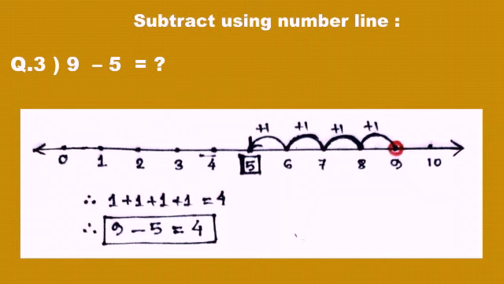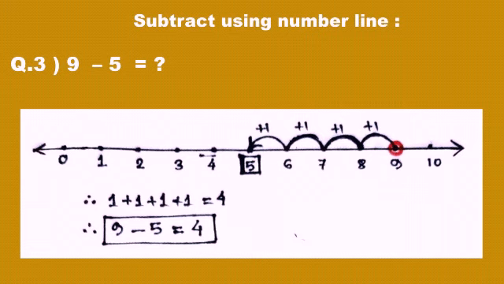Then, maintain the distance between two numbers that should be the same unit, means the same length. 0 to 1, whatever length that is, that will be followed for 1 to 2. So, the length between two numbers should be the same. Now, first of all, we need to choose the smallest one. The smallest number is 5 here. Between 9 and 5, the smallest is 5. So, from 5, we have to start